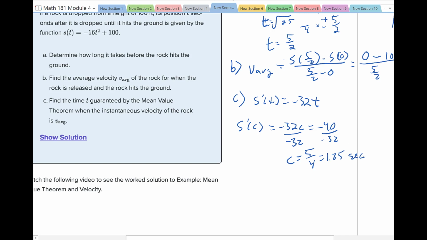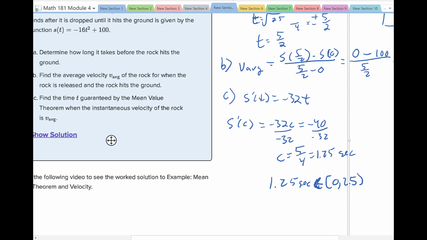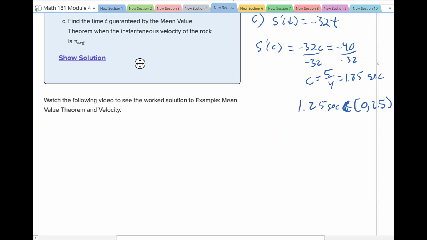seconds. And that's certainly within the interval we talked about, from 0 to 2.25 or 2.5. That's in the interval. That means c is an element of it. Okay, cool. I hope that helps. Hope that makes sense. Moving on to the last one we're going to do